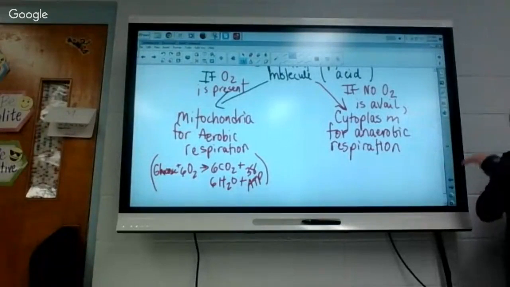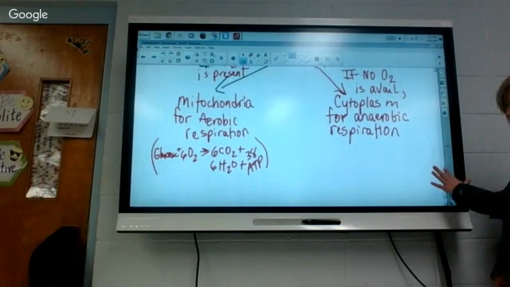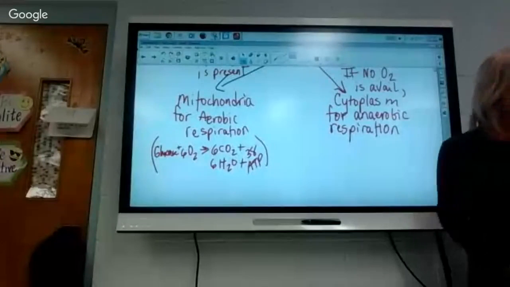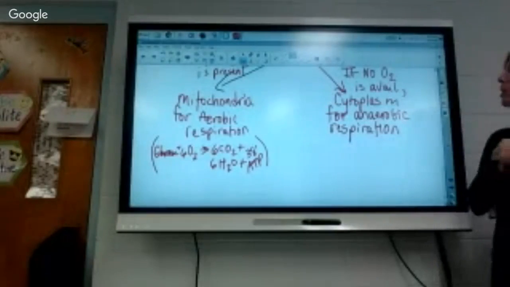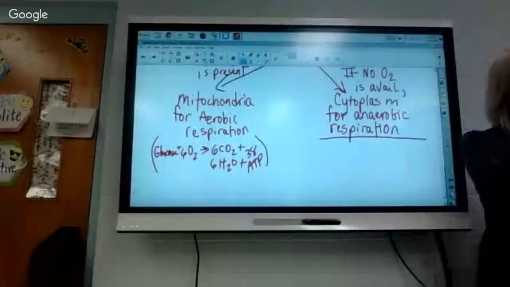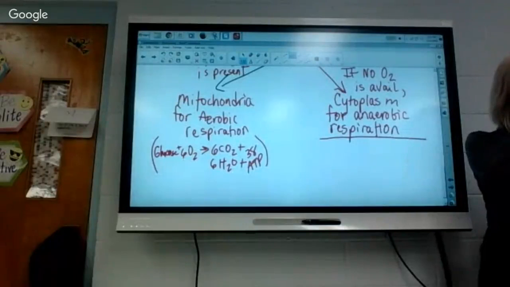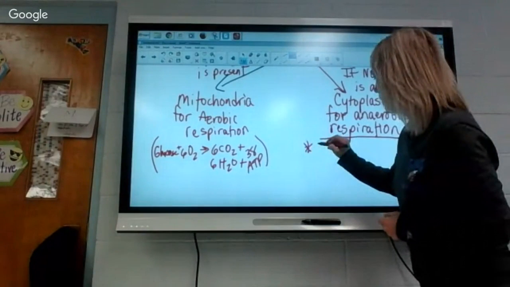So there are lots of different types of fermentation or anaerobic respiration, but the type that you do is lactic acid. Okay, and that is literally the burn you feel as an acid that builds up in your muscles. So the different options all depend on the type of cells that are doing it or the organism that's doing it. So there are different types